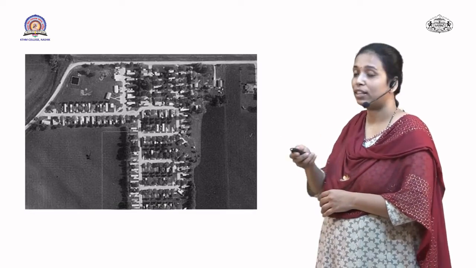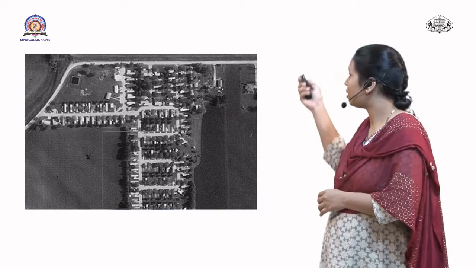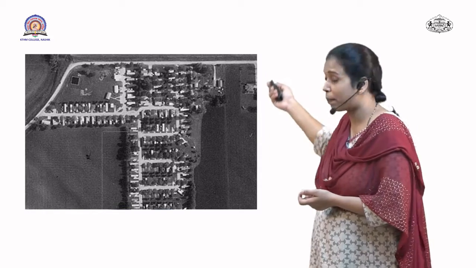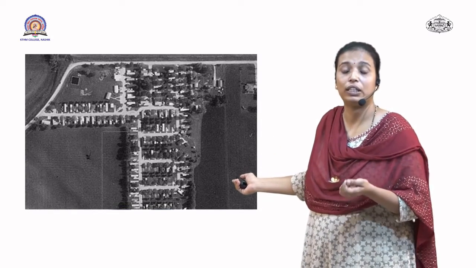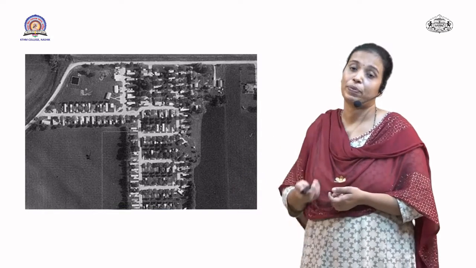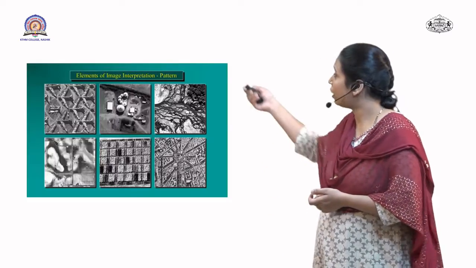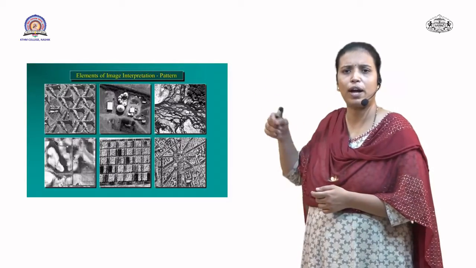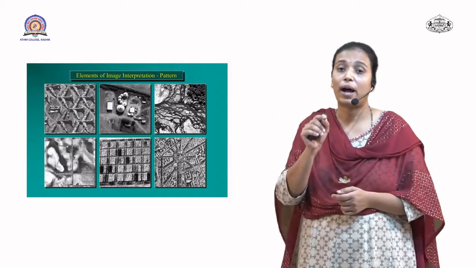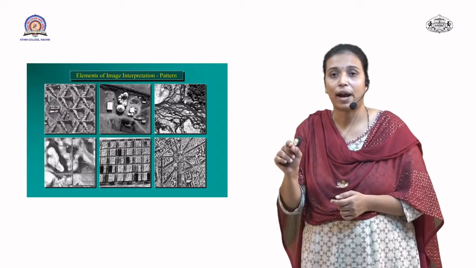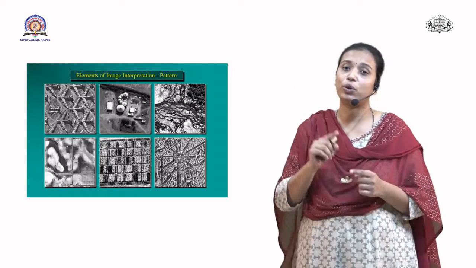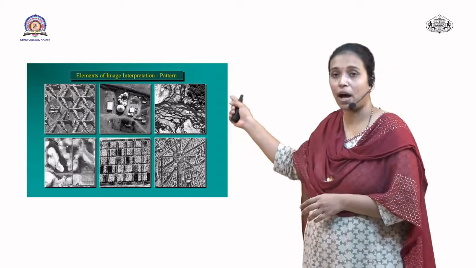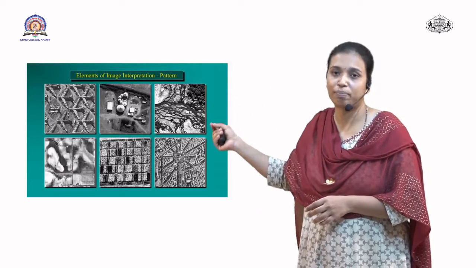Here you can see that in a pattern there is a residential area of a colony. So how in a particular pattern a society has been built. This is called a particular pattern. Next is the example. In the first you can see that there are different shapes which are placed nearby. By that shape and by that pattern you can see that near to the airport the aeroplanes which are not being used are being parked over there. So this is a type of pattern.